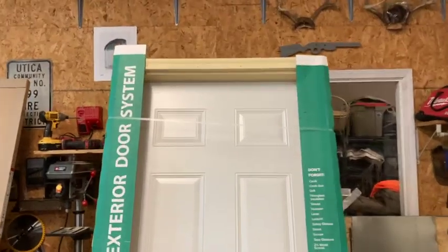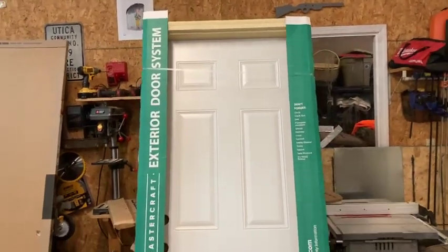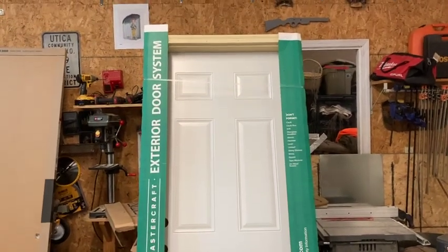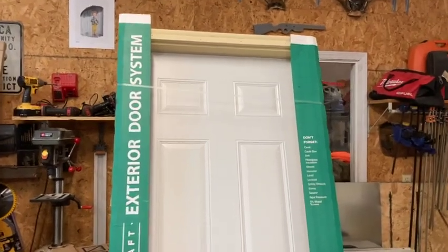Okay, just a quick video today. We're gonna be installing this 32-inch door on a rental property here coming up. We're in the shop today. It's sleeting and snowing out, but we're gonna build a